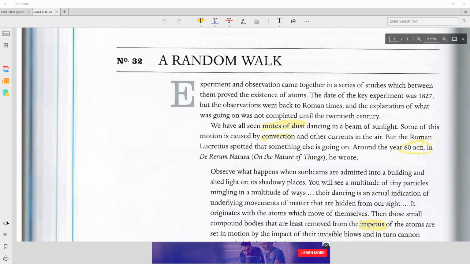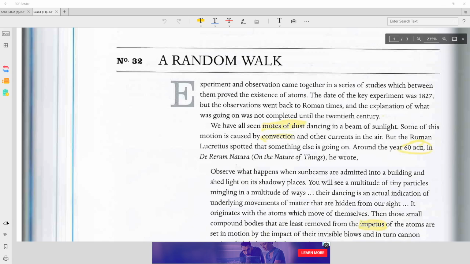We have all seen motes of dust dancing in a beam of sunlight. Some of this motion is caused by convection and other currents in the air. But the Roman Lucretius spotted that something else is going on. Around the year 60 BCE, in the Rerum Natura, On the Nature of Things, he wrote,